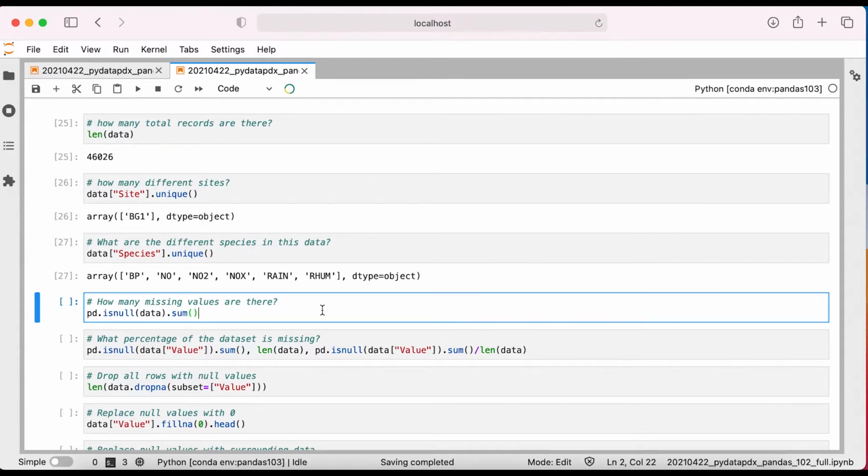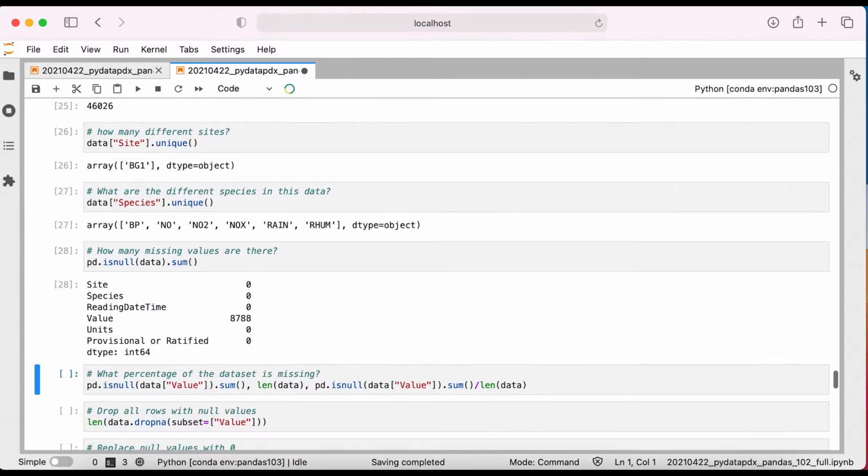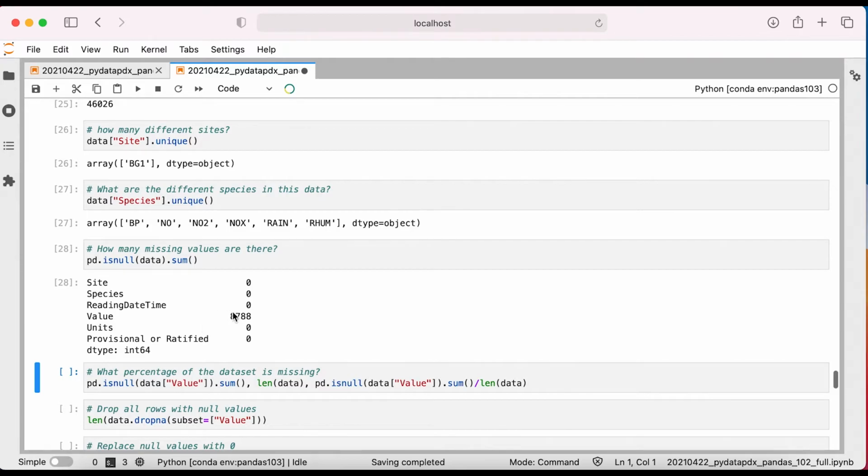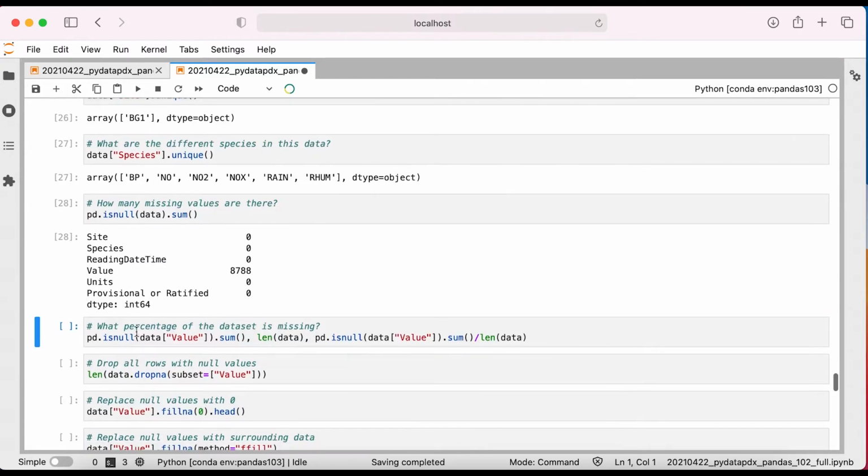This will return a series showing the count of null values in each data frame column. There are 8,788 missing values. I can pass a series to the isNull method as well and calculate the percentage of data that is null.